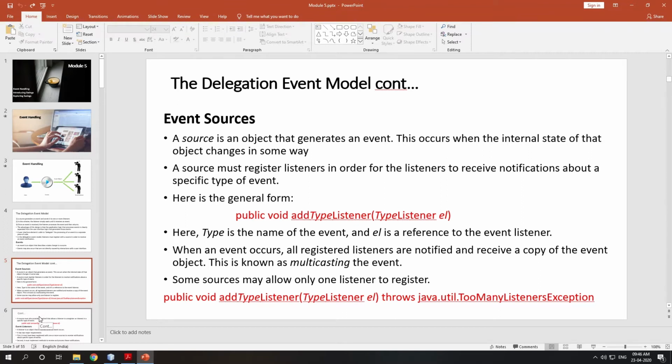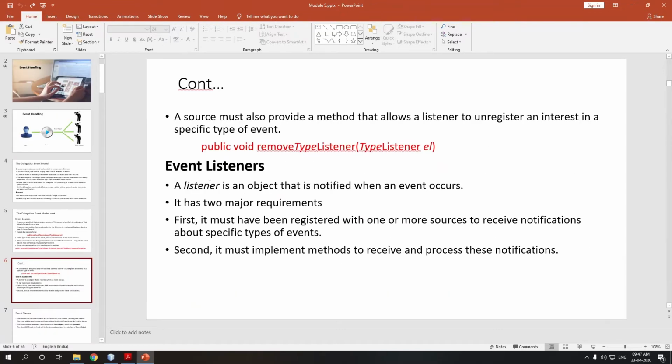Then the exception handling mechanism will handle that exception and go on with the rest of the code. The same thing happens in events: whenever an event is generated, an object is created representing that event, and it will be passed to a listener. The listener will process that event and throw back a result. Okay, in the next slide,